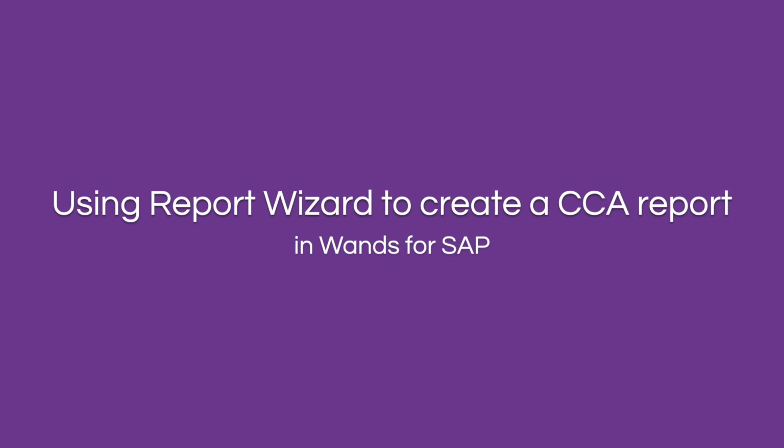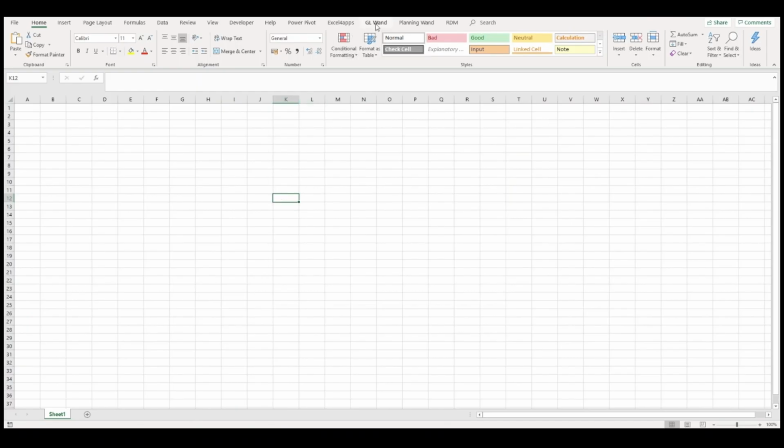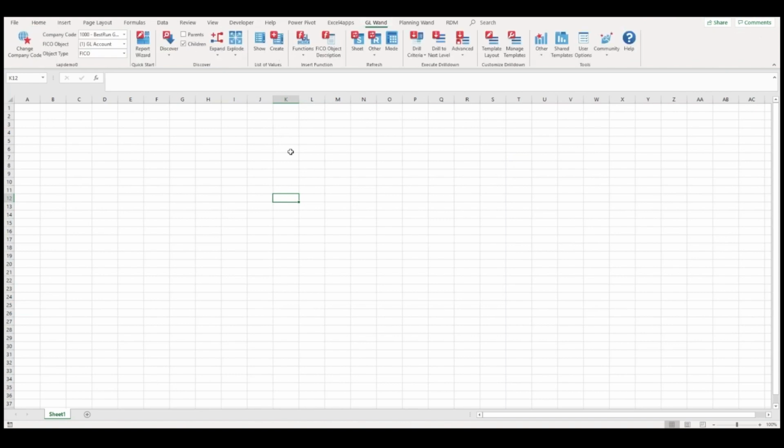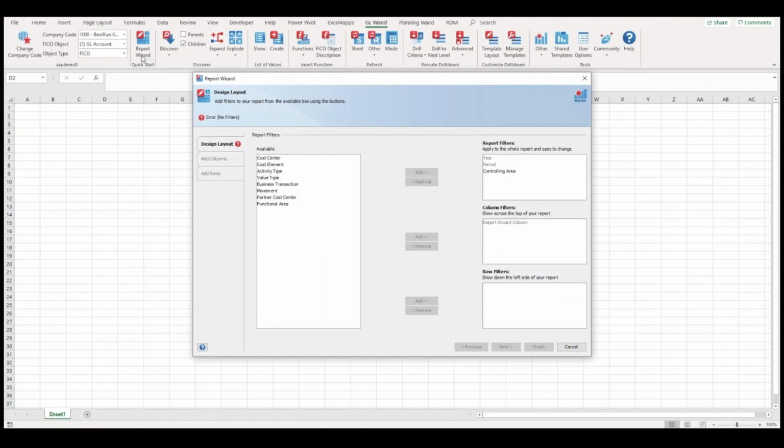How to use a report wizard to create a CCA report in Once for SAP. In this exercise, we're going to create a cost center accounting report using the report wizard. The report wizard is an easy way to create a report using the three variables that come back in actually